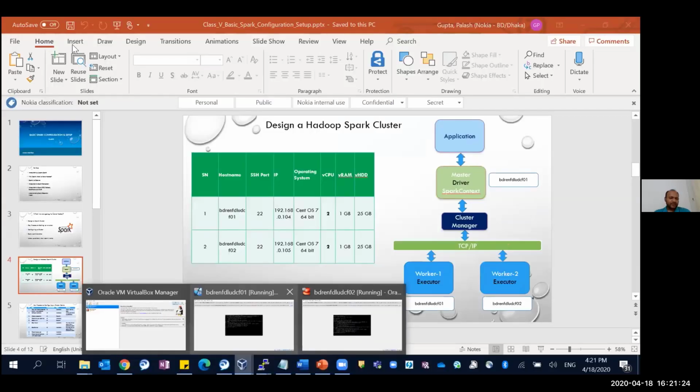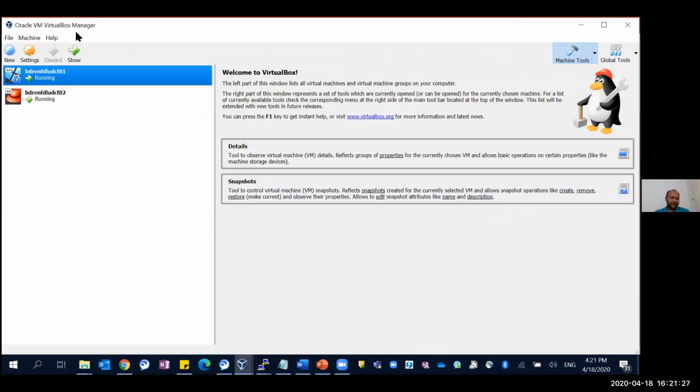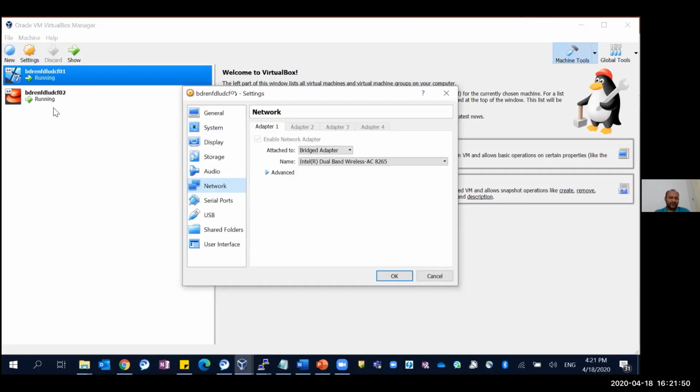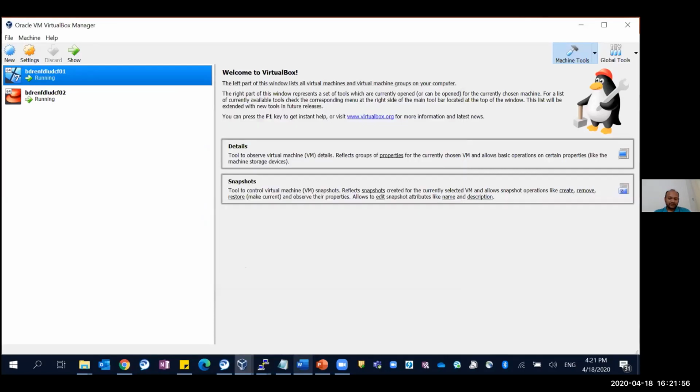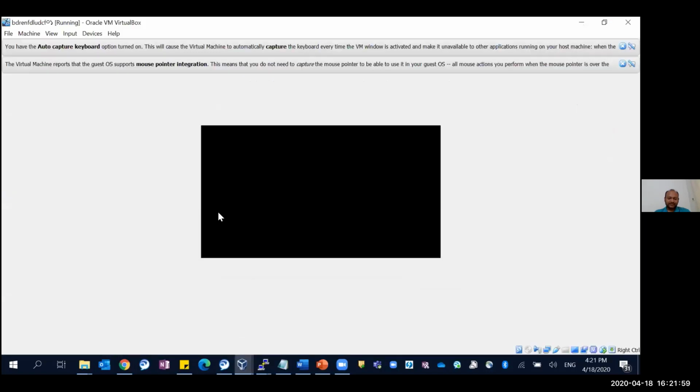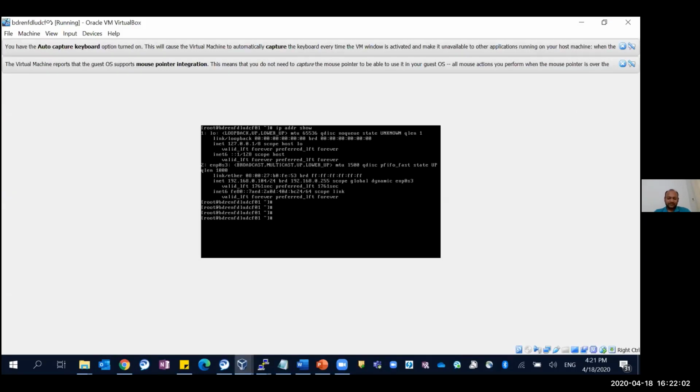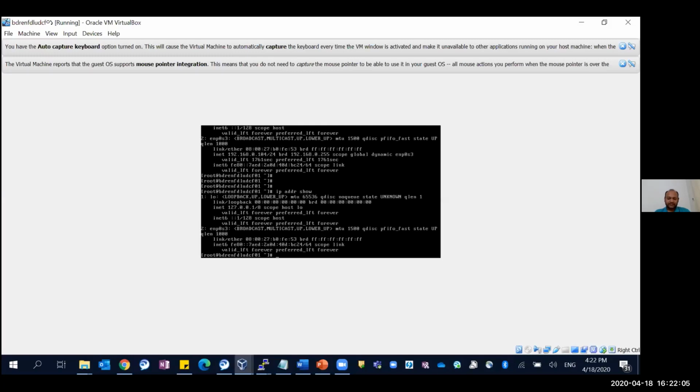Yes, so I installed Oracle VM VirtualBox, like you guys. And if you see, I have two CentOS hosts running in two VMs. If I go to the settings and then network, what I did is I made one bridged adapter so that these two VMs can directly pull IPs from my Wi-Fi router. So if I go here, this is the VM console. If I check the IP address,